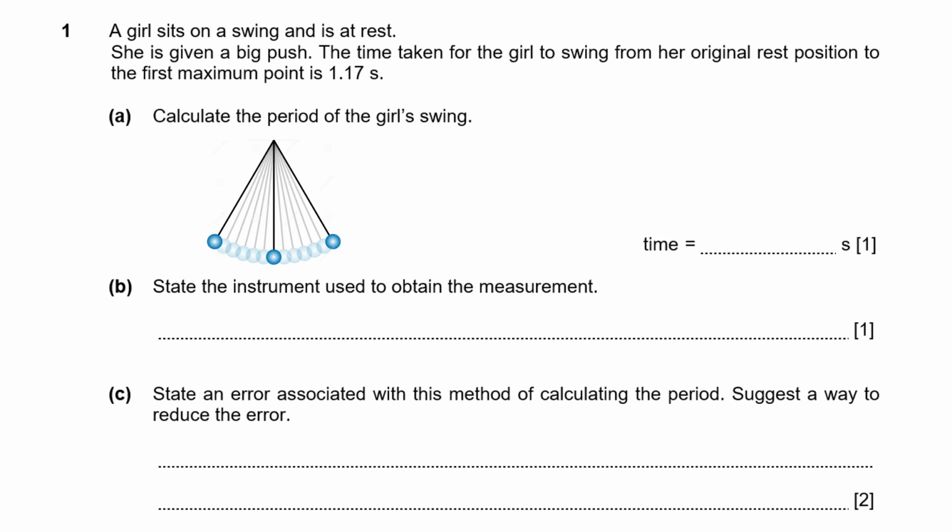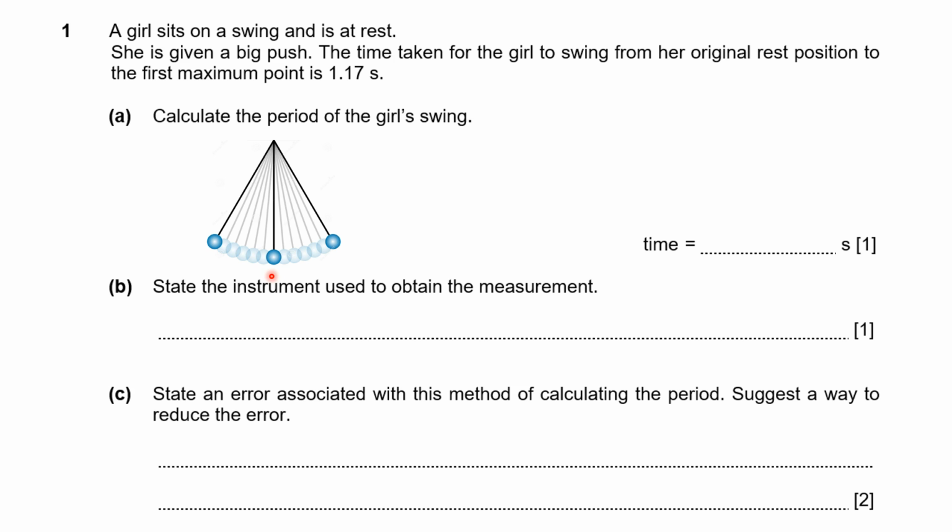What we need to first understand is how the oscillation occurs. The period would actually be one full oscillation. Looking at what the question is saying, from her original rest position to the first maximum point, this 1.17 seconds is actually the movement from the rest position to this maximum point. So given that this is 1.17 seconds, the full period would therefore be